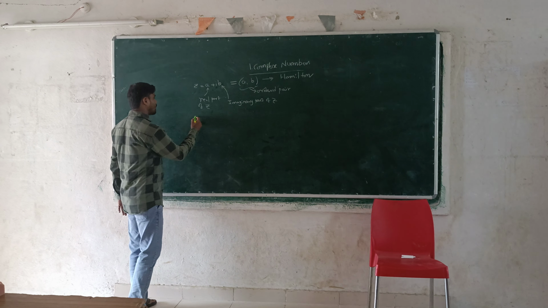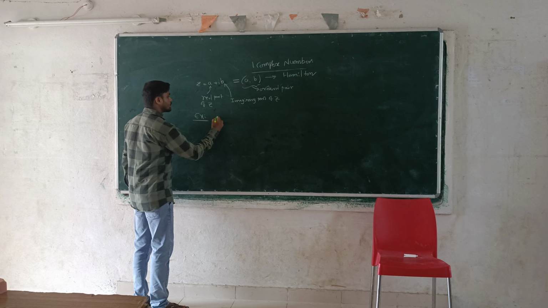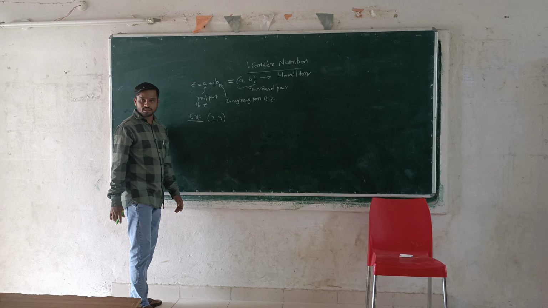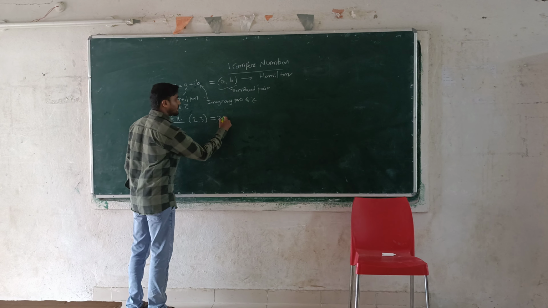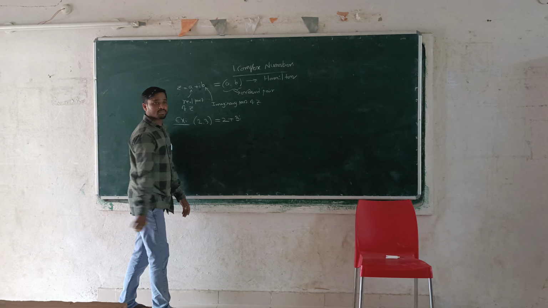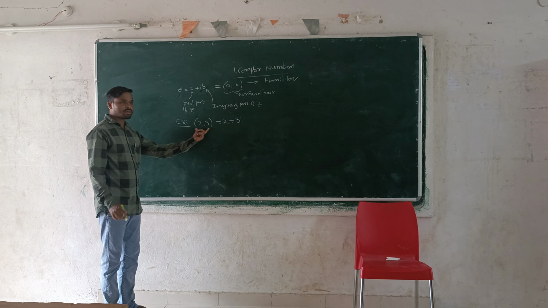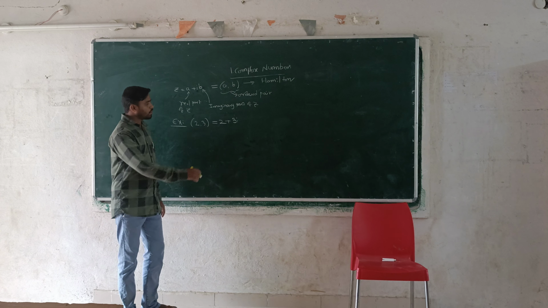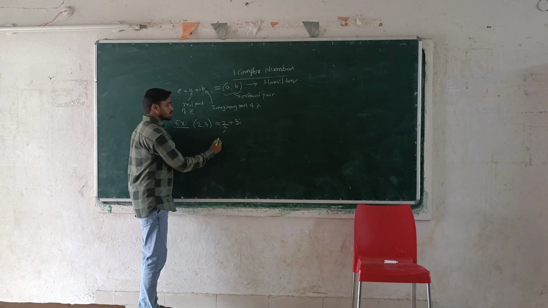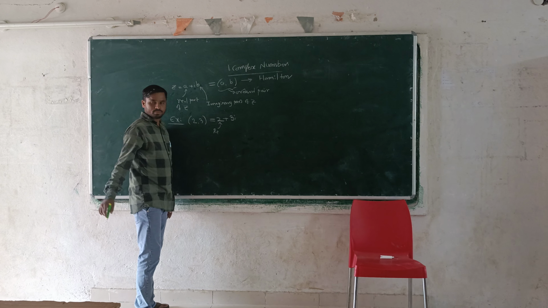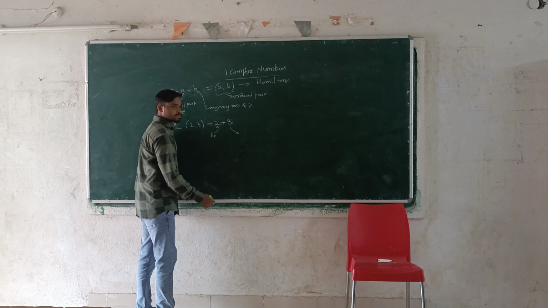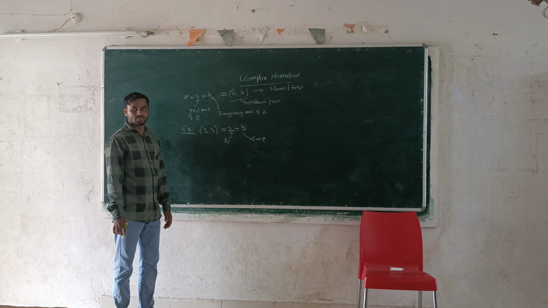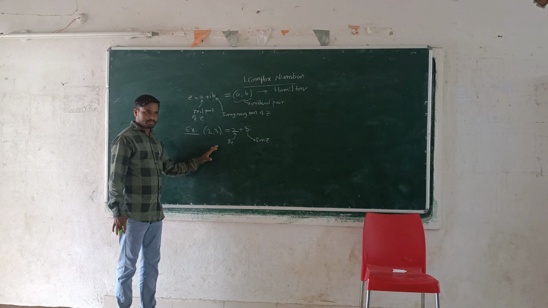Right? For example, 2 comma 3. What does this mean? This is a complex number that can be written as 2 plus 3i. Yes or no? This ordered pair is written as 2 plus 3i. So this is a complex number. What is 2 here? Real part. Yes or no? Yes, sir. What is 3 here? Imaginary part. Okay? I think this is clear.